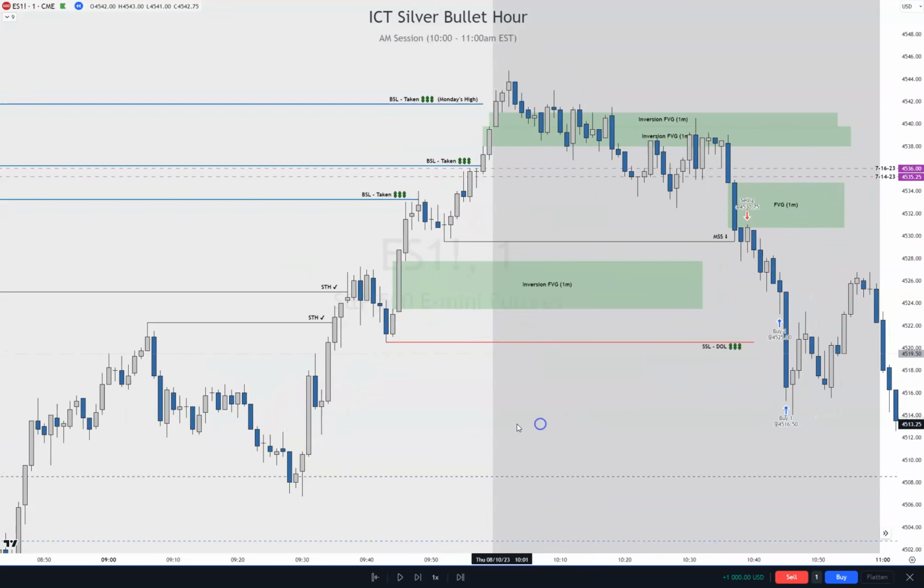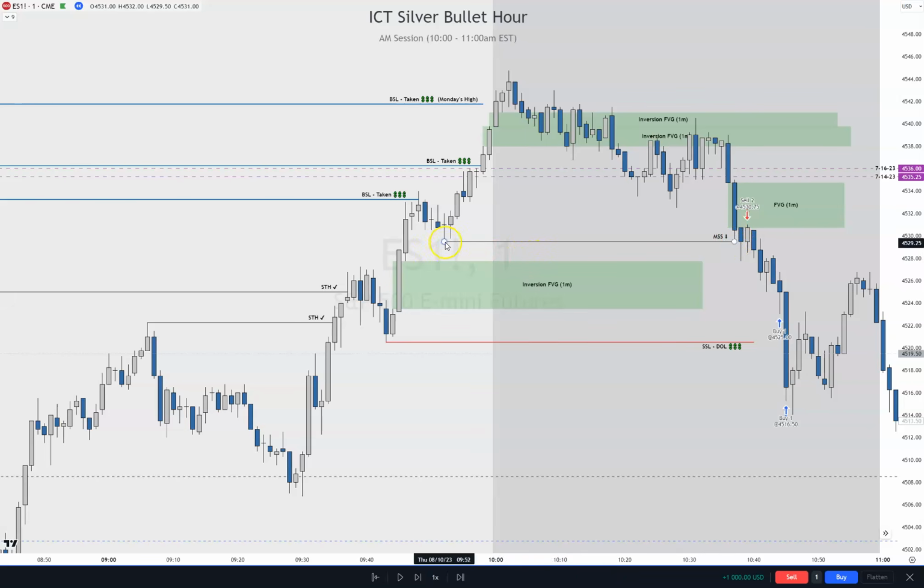Before we started, we saw that price was taking out short-term highs, taking out buy-side liquidity, took out Monday's high. So we wanted to see how that was going to react. We went past the new week opening gap, and we want to see how these PDRAs are going to respond. These would be very much in a premium, so we didn't want to go long here. So we wanted to see how it reacts, but they needed to create inversion fair value gaps for us to go short. So these were kind of ping-ponged back and forth, and then when it finally broke past them, it became inversion fair value gaps, and they were very much used for 8 or 9 candles. And then it broke through.